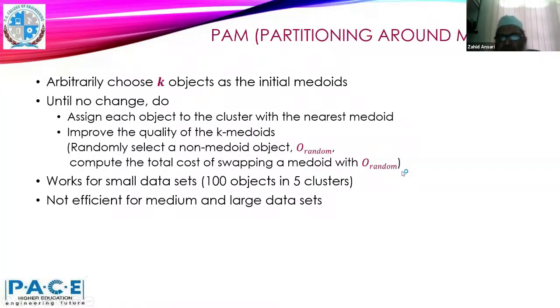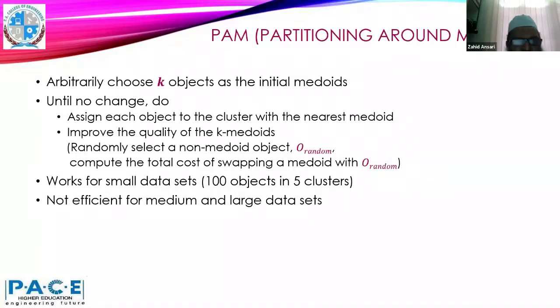So basically we have initially selected the medoids, right? With those medoids, we have some sum of the squared error, SSE, for the clustering. Let's say I select another object, and I have to see if I replace one of the medoids with that object, will it result in a reduction of the clustering cost? If so, then I'll replace the medoid with that particular object. So we need to find the object through which we get the maximum reduction of the cost, right? We keep doing this till it stabilizes.